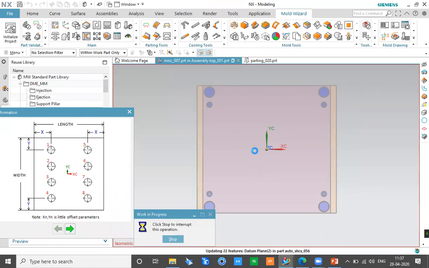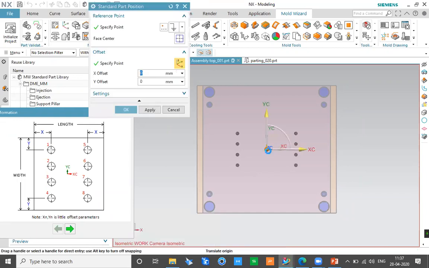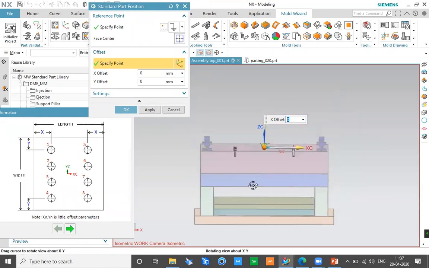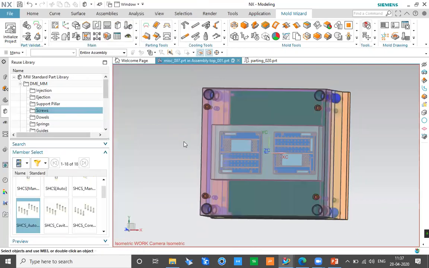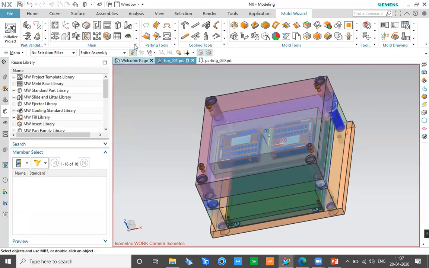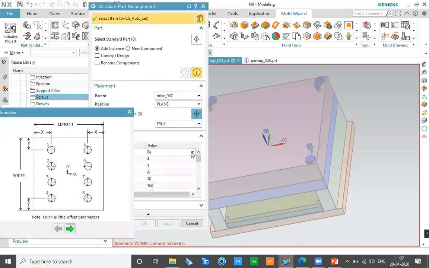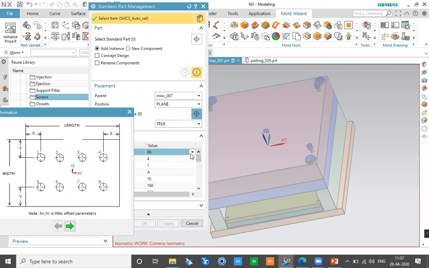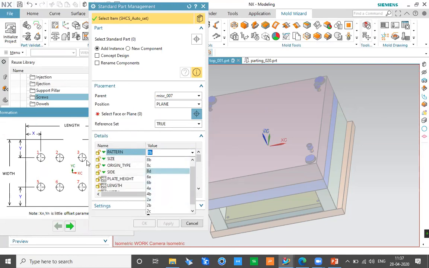I can notice 8 bolt configurations are coming, and it is not specifically the way I wanted it to look. Basically, in the form of length, it is creating it in this vertical way. I don't want that vertical configuration to be there. So I can simply click on cancel, and again I can continue with this particular design. Let's say I want to continue with the same design, but I don't want this type of configuration. I want this kind of configuration. I can decide that, and I can even decide, let's say I want 4, I want 6, other different configurations I can decide over here.